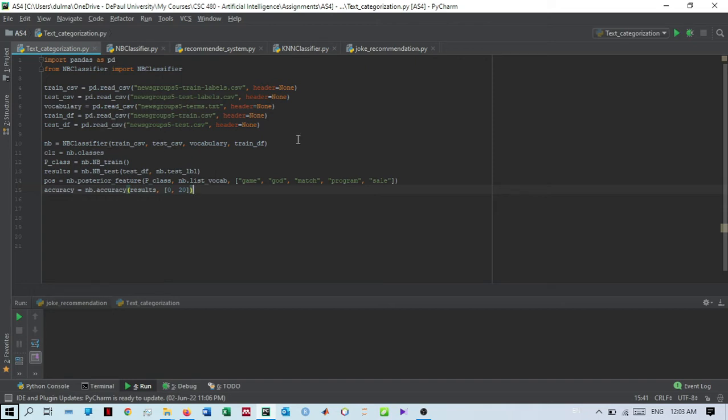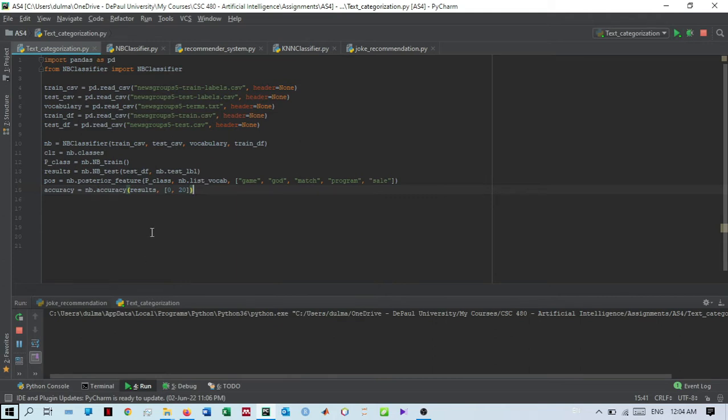First, I will create the Naive Bayes classifier object, and I give labels, vocabulary, and also the training dataset during the object construction. Because of that, I don't need to give the dataset and labels explicitly during the training process, because it's already in the object. And here is testing, and this is the posterior feature obtaining method, and let's see what is happening. Meanwhile it is calculating, I will walk through the